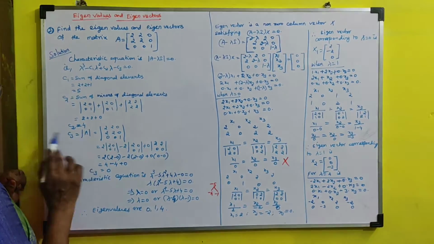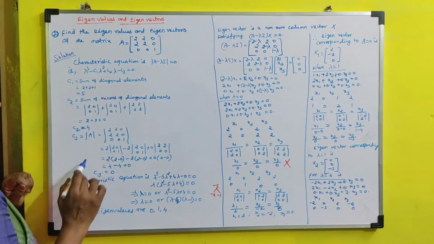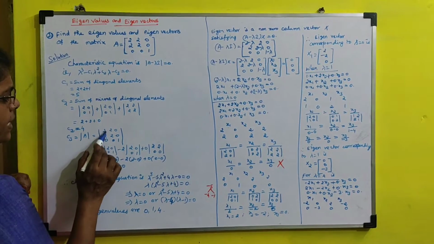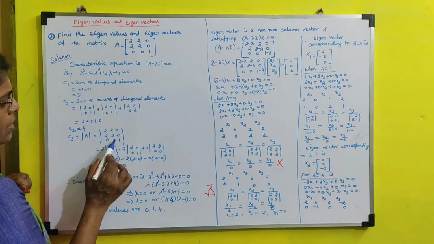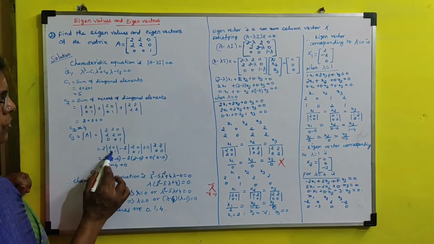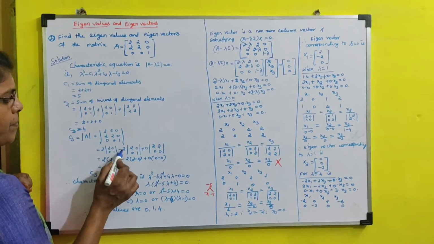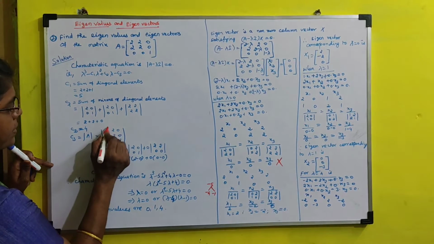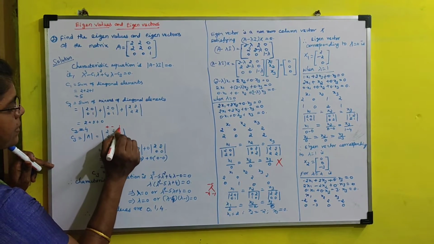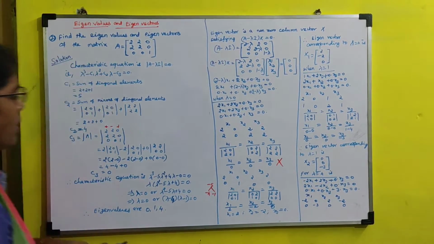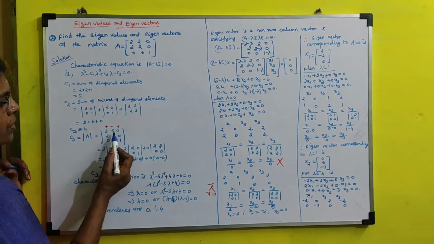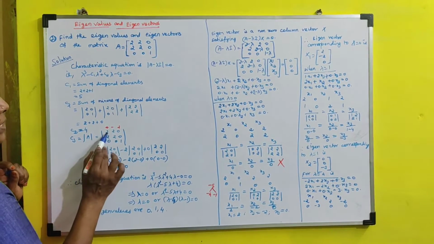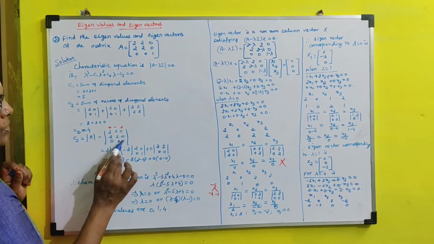C3 determinant of A. Determinant of the given matrix 2, 2, 0, 2, 2, 0, 0, 0, 1. Let us take 2. Now leave this row and column. We will have determinant of 2, 0, 0, 1. And second element is minus 2. Here you have to take plus sign, minus sign, plus sign. So minus 2 determinant of 2, 0, 0, 1 plus 0 into determinant of 2, 2, 0, 0.